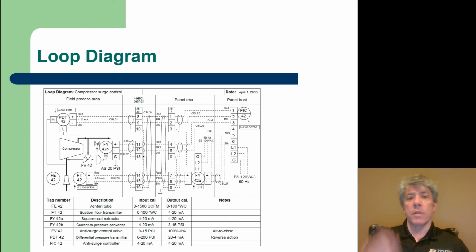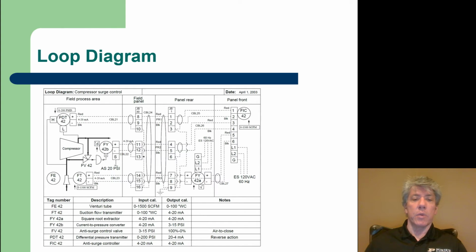Because understand, although these look short on this diagram, the wires going from the field panel to the panel rear in the control room are probably quite long, and that's one of the reasons for using a current signal. So there's a lot of space between terminal 14 and terminal 7, terminal 15 and terminal 8, between the field panel and the panel rear in the control room. But if we continue going along from terminals 7, 8 at the panel rear, then you'll notice that that goes into a plus-minus terminal into FY42A, which happens to be the next item in our table. Now, what is